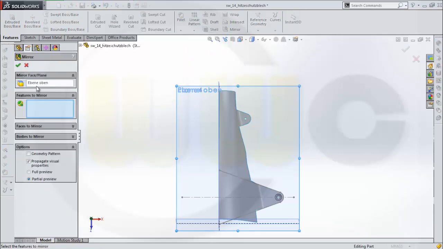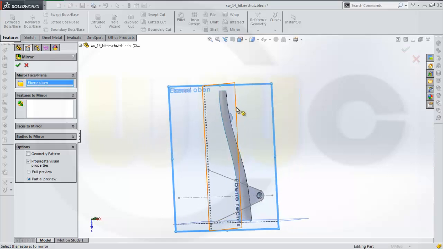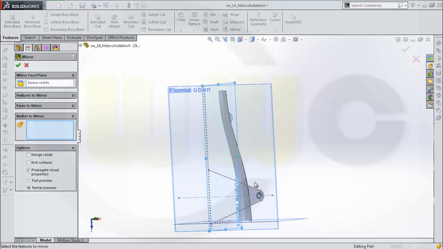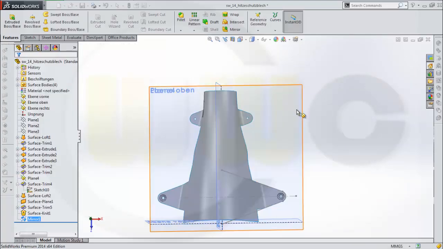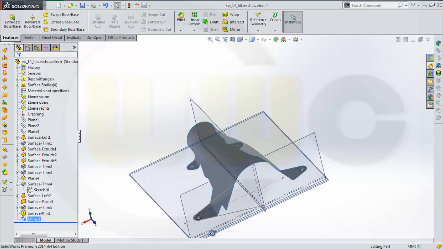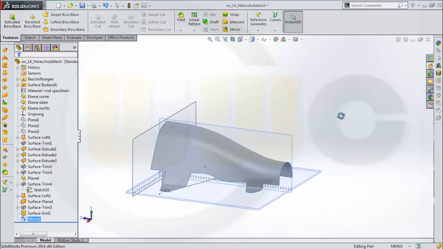I want to mirror not with this plane but with that plane, and I want to mirror the complete body. So this would be this object, and I could knit the surfaces and confirm it, and my model, my Hitzeschutzblech,